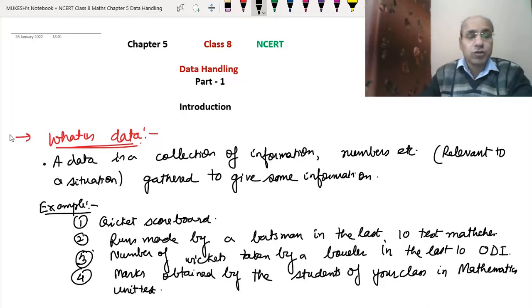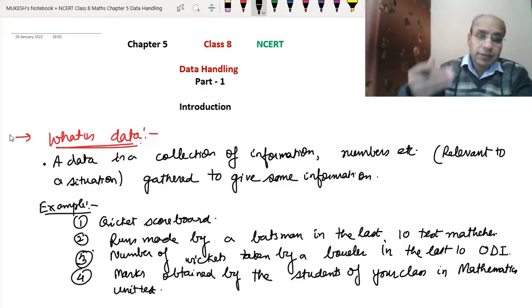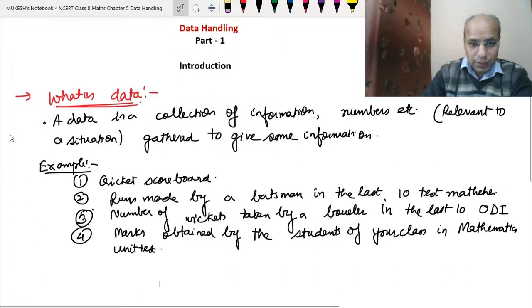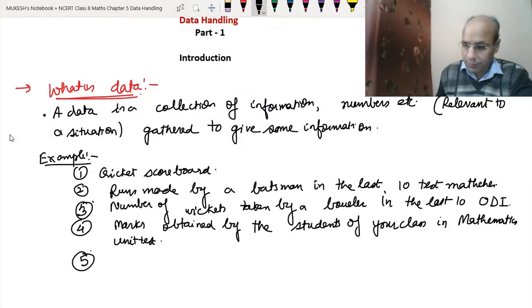Okay, suppose your teacher wants to see the performance of the students, the performance of the class. In any subject, like mathematics, they can see what numbers each student has got. By seeing those numbers, the teacher can come to know how that class is performing. Now the fifth example,